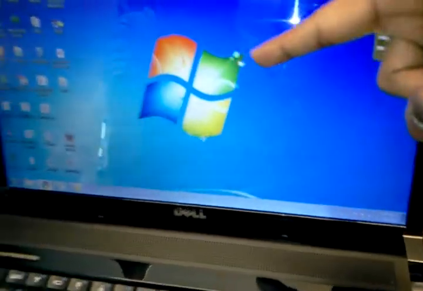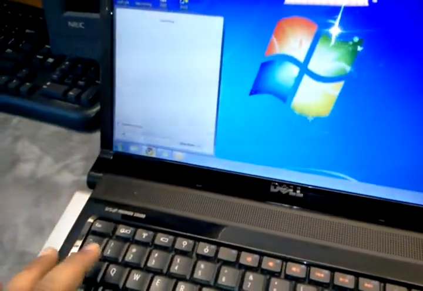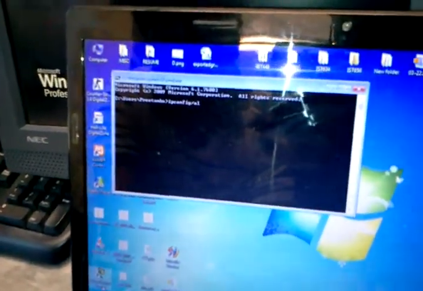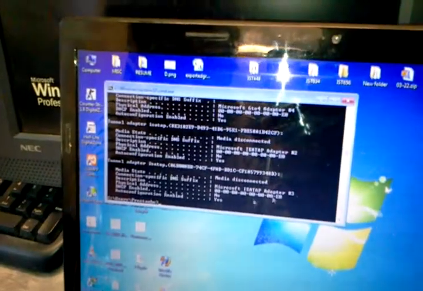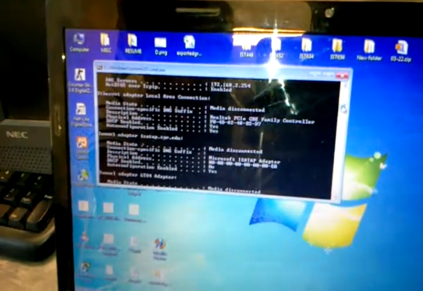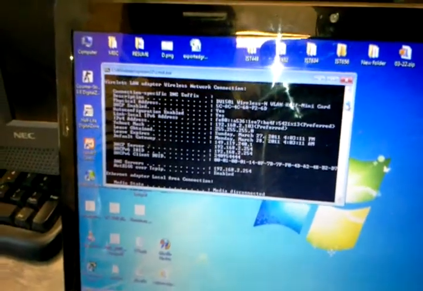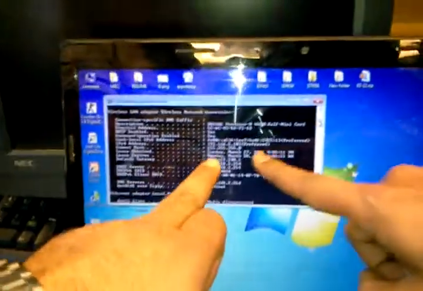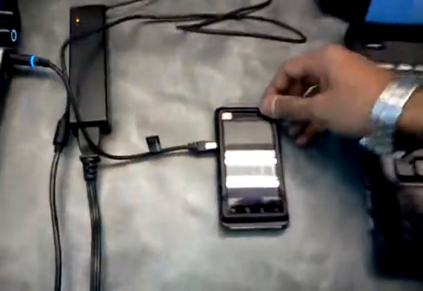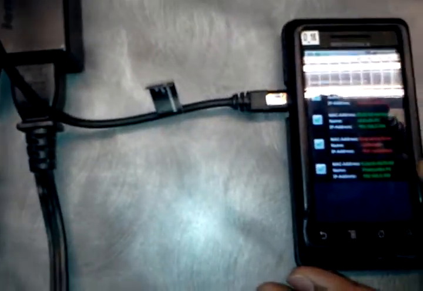If you go to the command prompt and check the IP address, the IP address is 192.168.2.103, and you can see the same IP address being associated in this application.